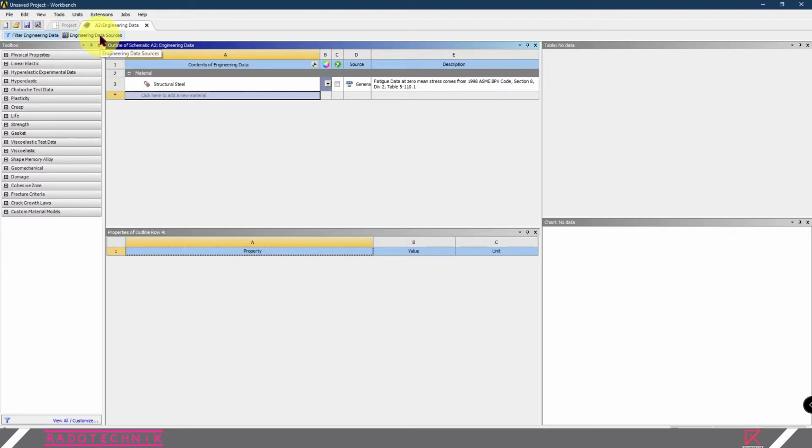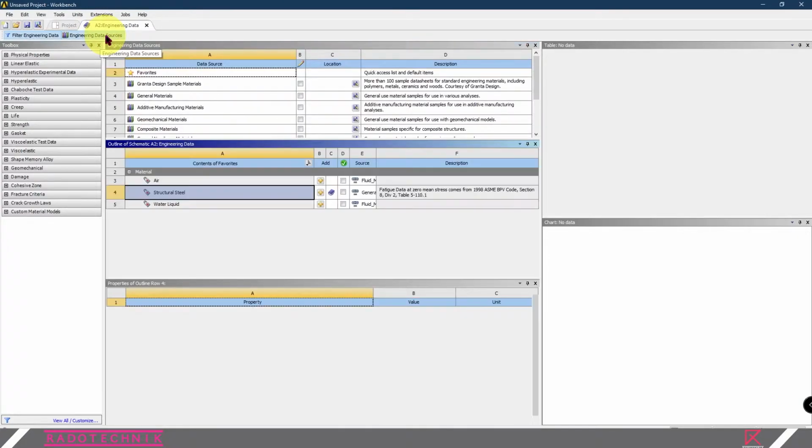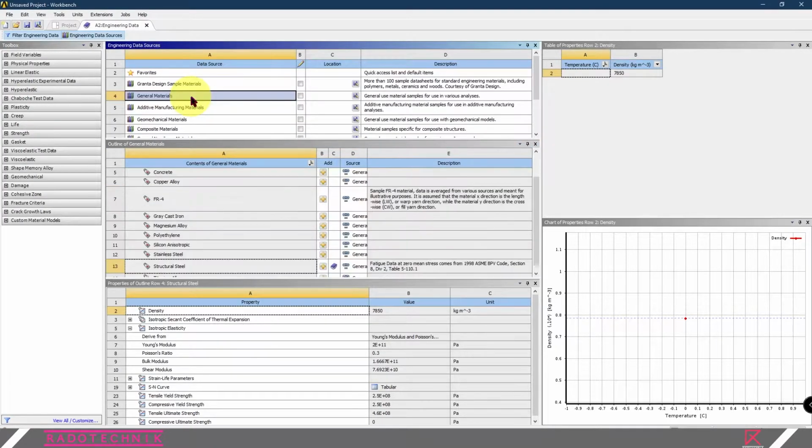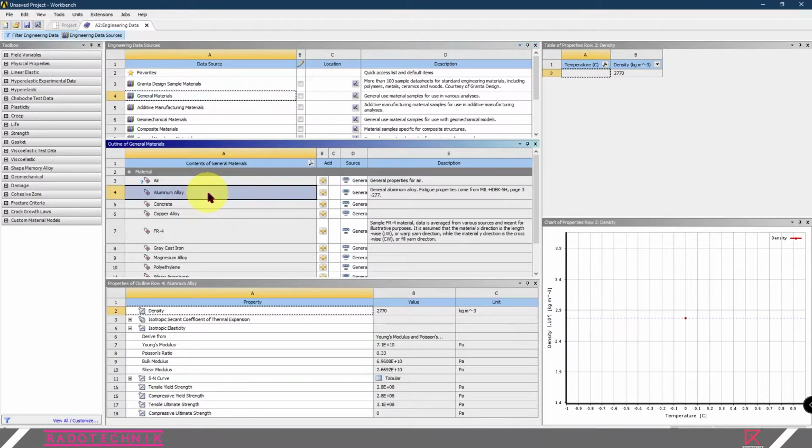In here, search for the engineering data source tab, go to general material, search for aluminum alloy and click add to engineering data.